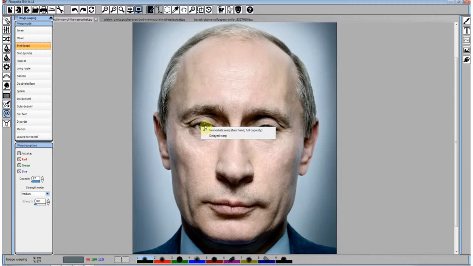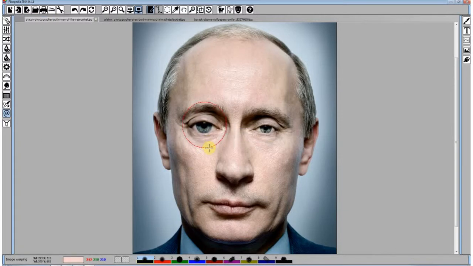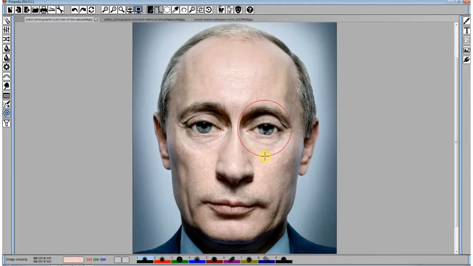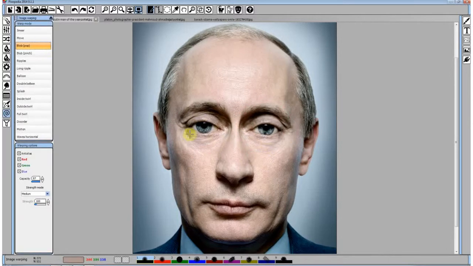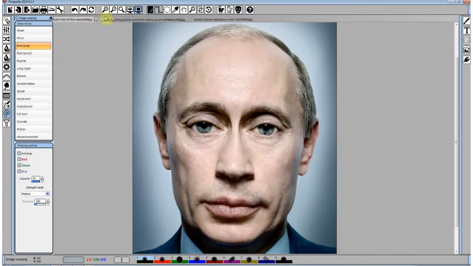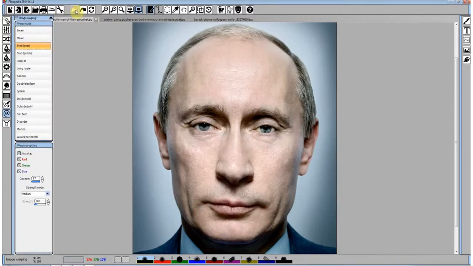We will explore this immediate mode without using capacity. It pops up the area in this circle. Here we can enlarge lips. Okay. Sorry, Vladimir.